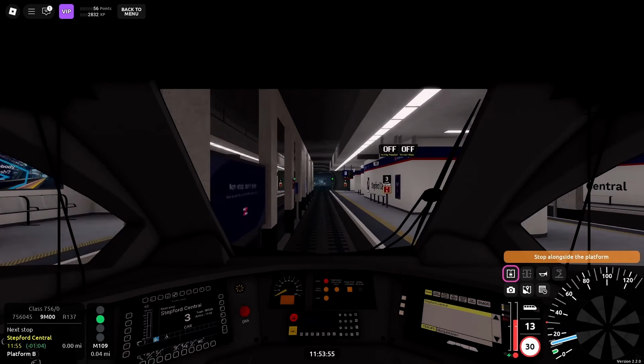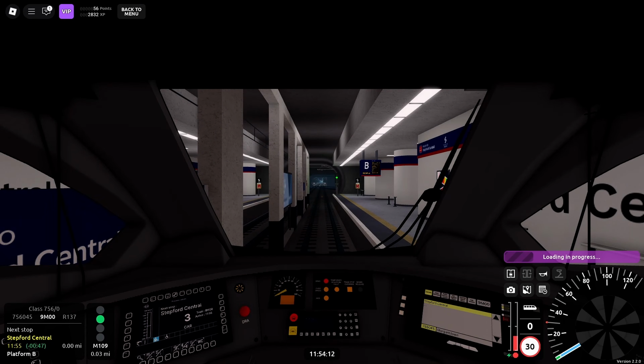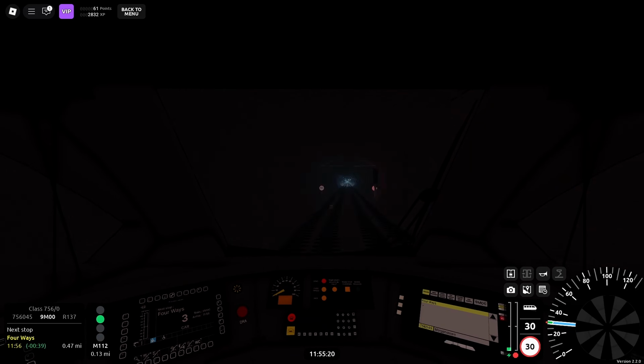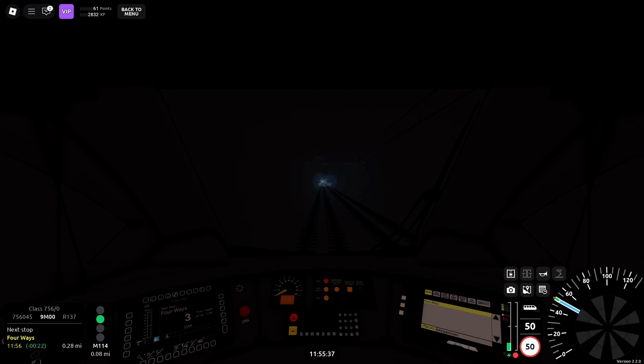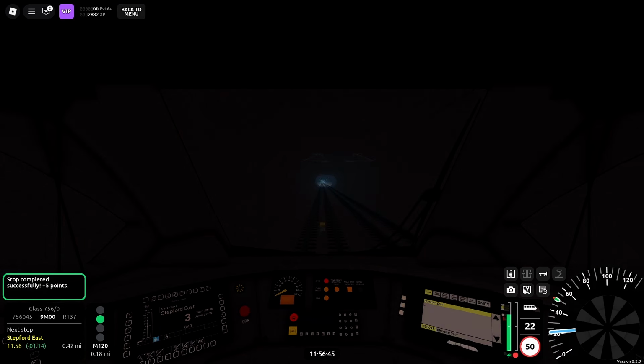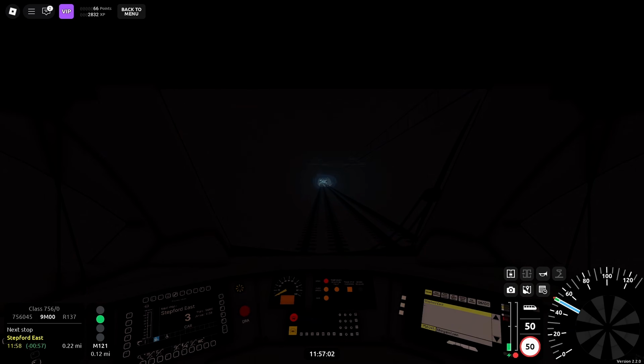Then we come to Express, which has a very similar network to Connect, just you are driving them at 125 miles an hour. This of course contains seaside lines, city scenes, and river crossings, but you can't take in that view as much as Connect, as you have to focus on going so fast through stations and the changing speed limits. Then we have Airlink, which I think has a cool network to drive, especially getting to go to the